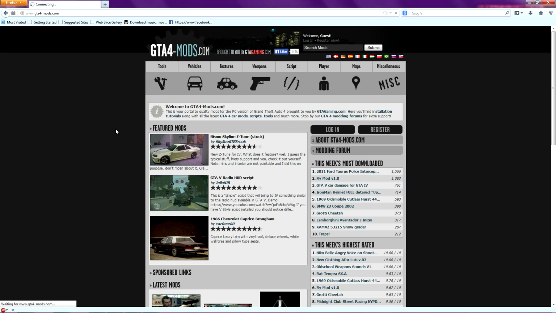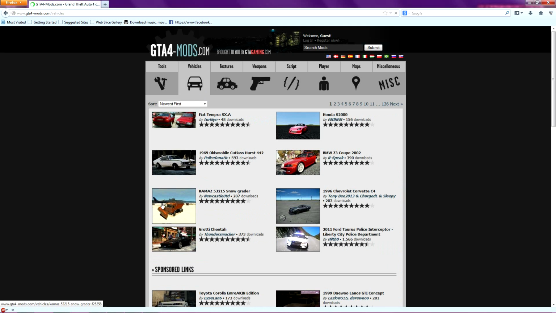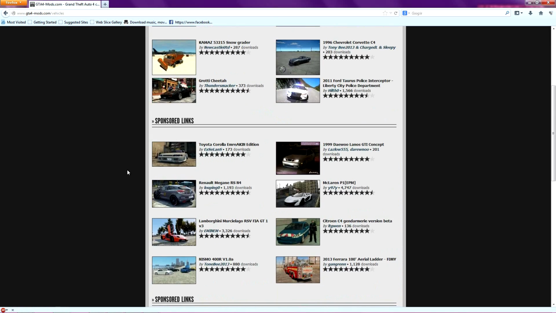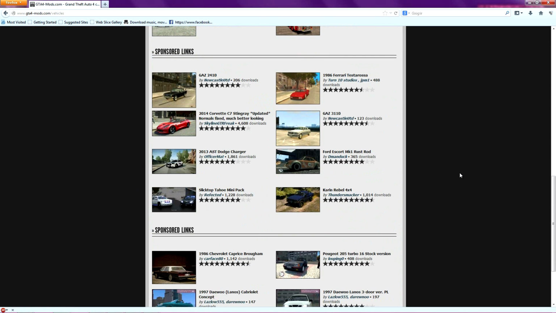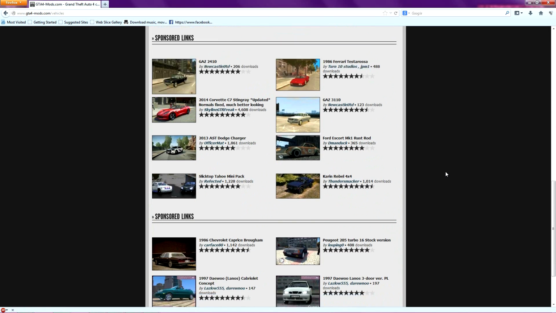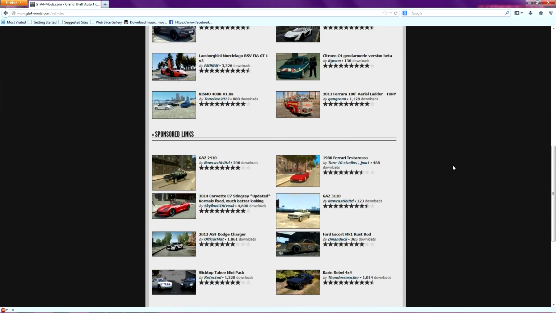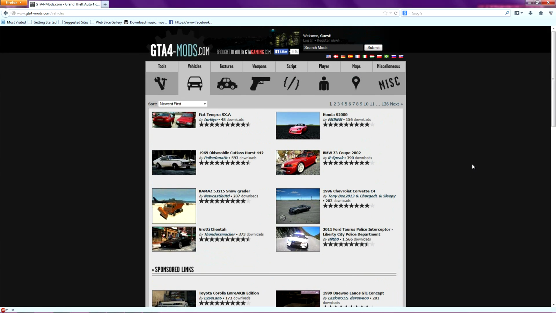Click on vehicles. They have the biggest one, but they don't have it laid out as nicely to find cars. But anyways, I have already pre-downloaded one,